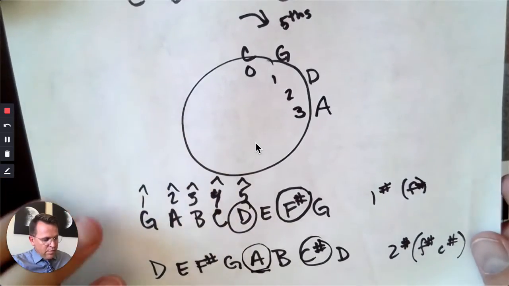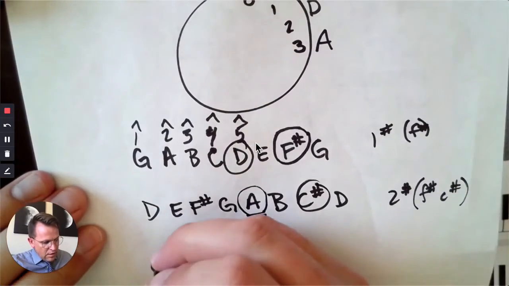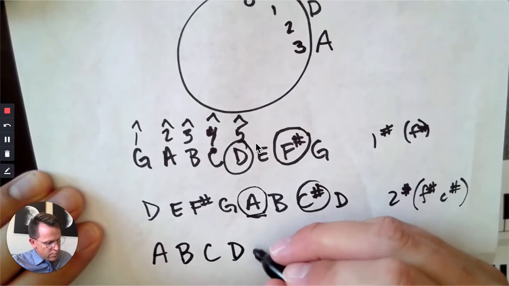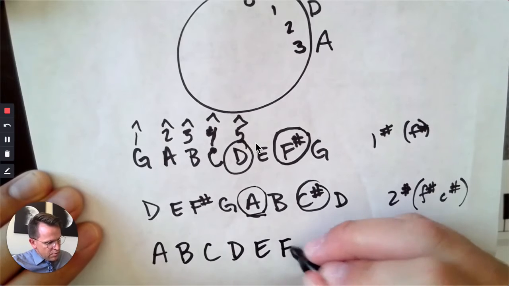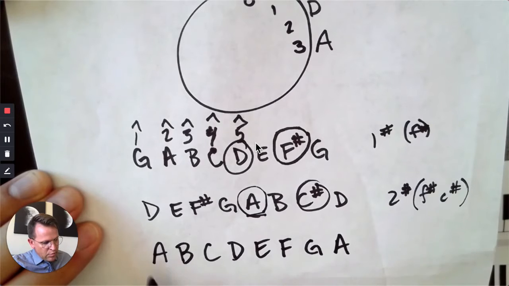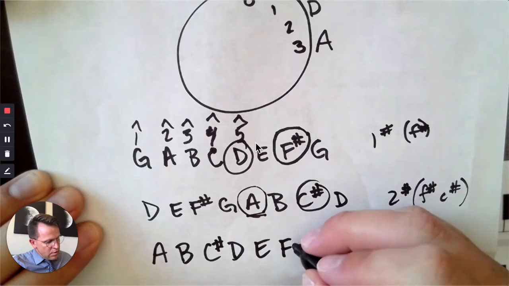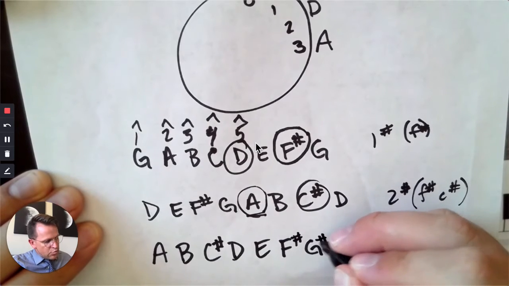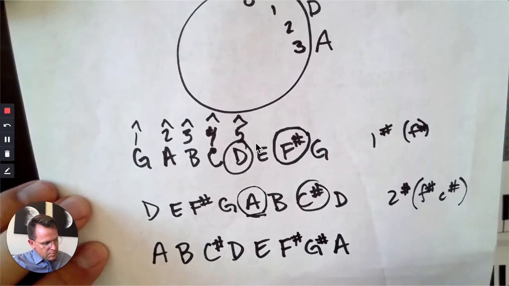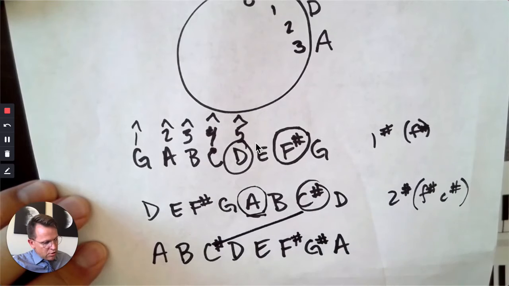So here we are in A major. I'm going to think about it in terms of tetrachords, so this is just a little review from what you've already done so far. We have an A major tetrachord. A to B is 2, B to C sharp is 2, C sharp to D is 1. We link it with 2. E to F sharp is 2, F sharp to G sharp is 2, G sharp to A is 1. So you'll see that we kept those sharps that we already had,